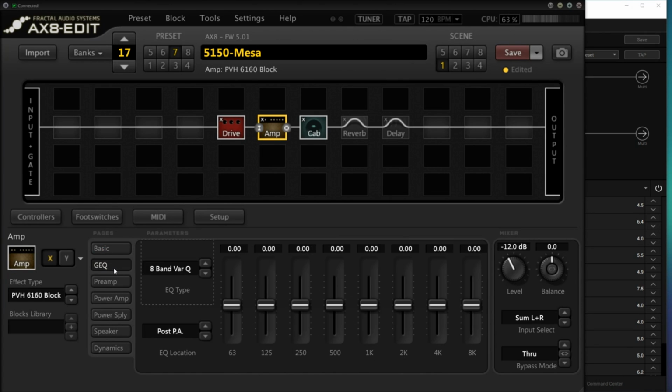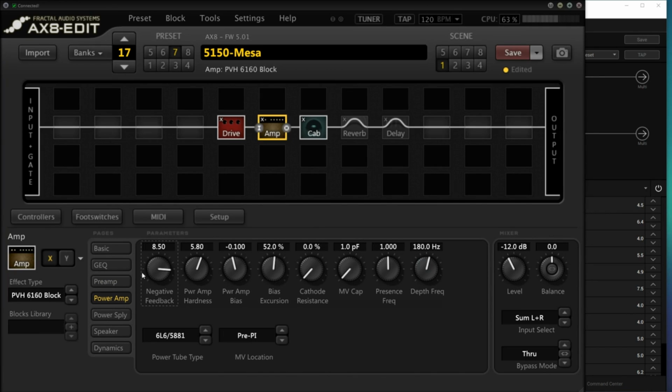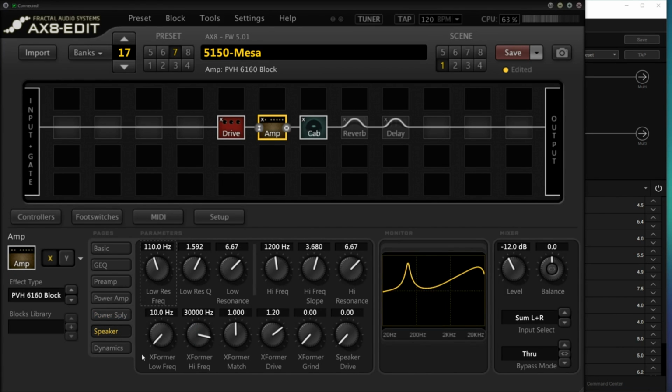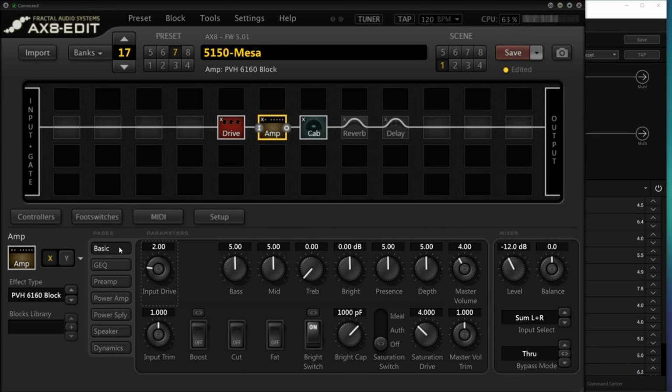But then where it really gets interesting is when you go into the other pages, the other menus here. You get a graphic EQ that I was talking about that I love so much, and then preamp controls with the tone stack switch, and this is where things, as I said, kind of start to get scary, where you have particular controls over the tubes and harmonics and CF comp, and then going over to power amp, you have negative feedback and bias excursion and power supply controls. You can switch between direct and alternating current, speaker interaction, dynamics, a whole bunch of stuff here